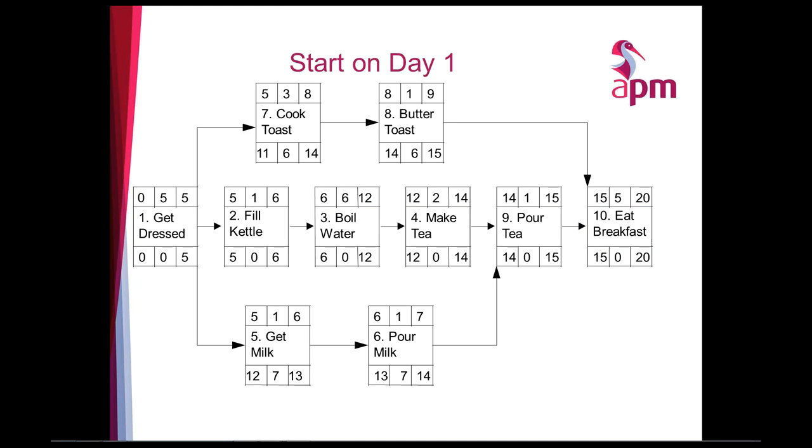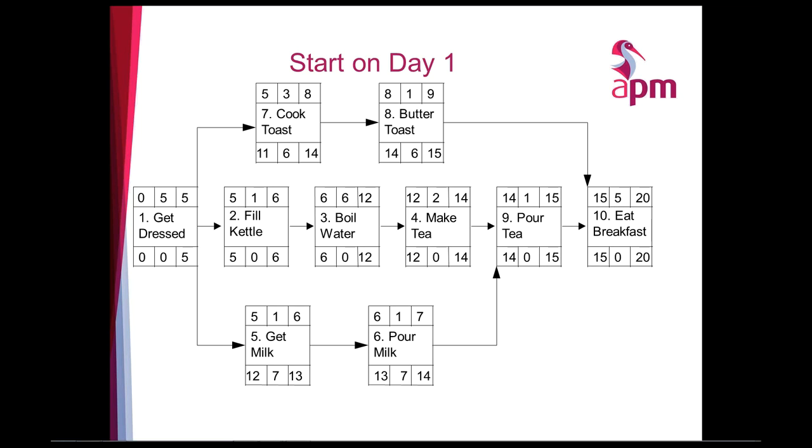Okay, right, now I mentioned at the beginning, having used day 0 to do all the calculations and work out your early finish times, your early start times, your float and everything else, we want to convert this network to start on day 1. Then it'll align with what software does. And in reality, you don't have to actually do this because the software does it for you. It's very rare someone will sit down and work this out from first principles with pencil and paper. Everyone these days uses scheduling software tools